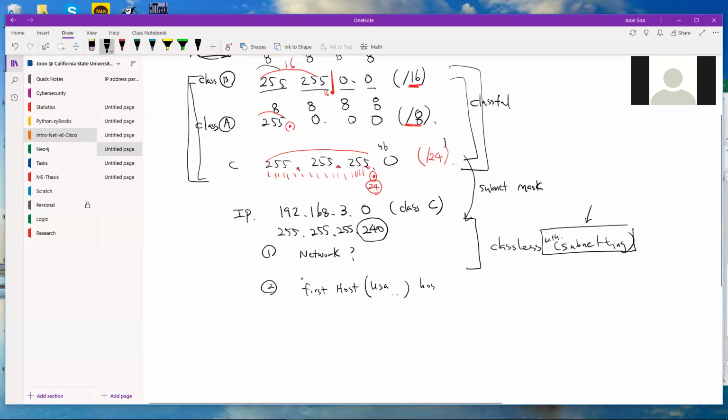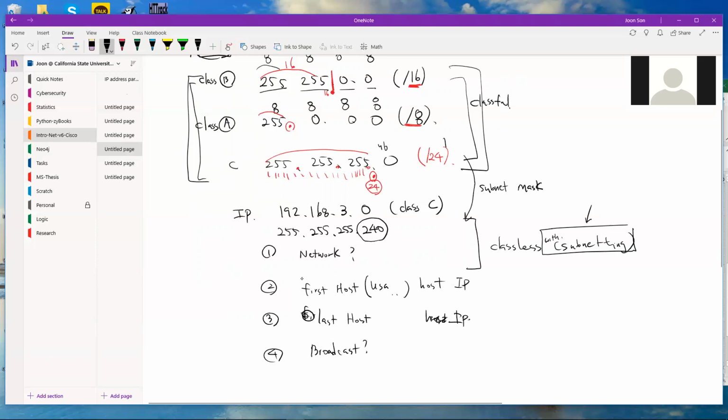And then what is the second host IP address, and what is the last host IP address? And then number 4, what is the broadcast IP address,